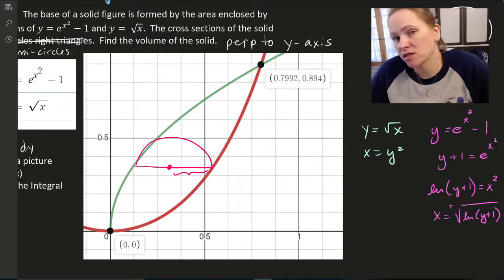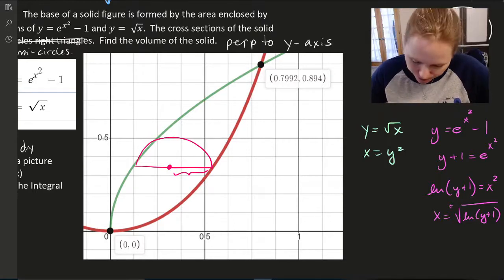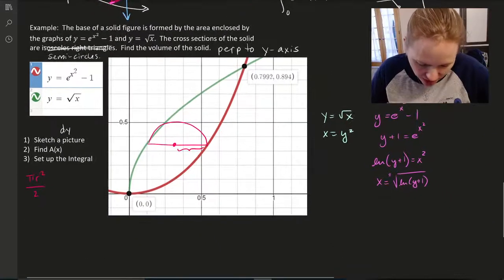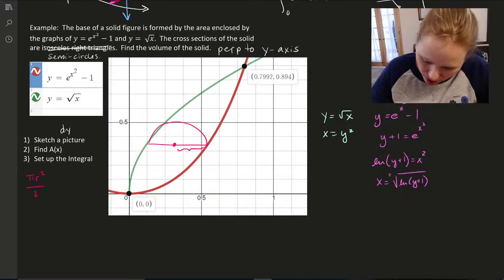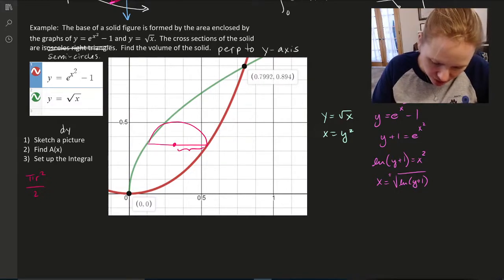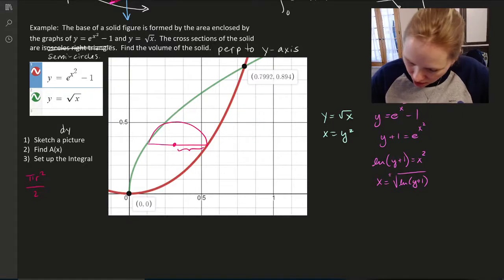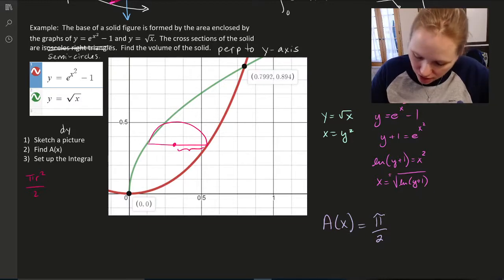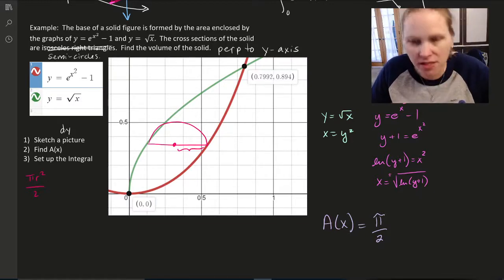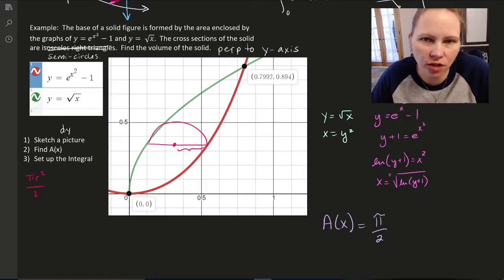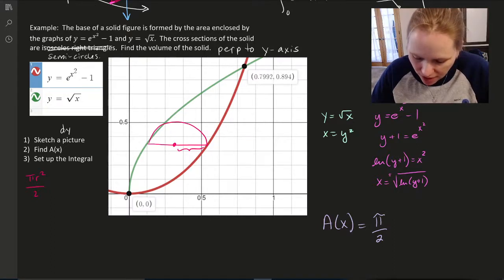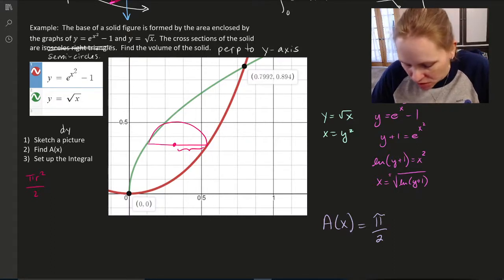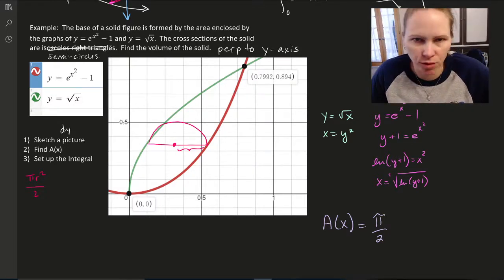So we're going to use the plus, the positive version of this. As I get it ready, when I set up my integral to find my area function, it's going to look like this. My area function is going to be pi over 2, and then my radius. The radius is the distance between the two functions in terms of x, or in terms of y, really. So it is going to be the red curve, which over here is in pink or purple,